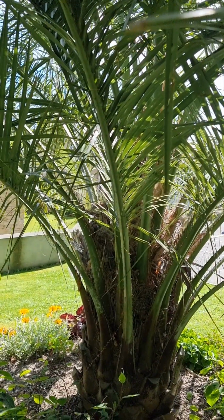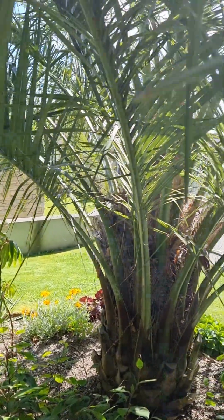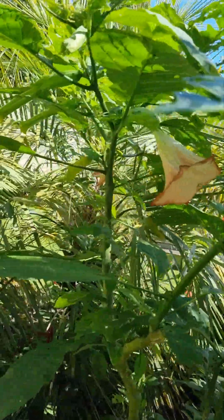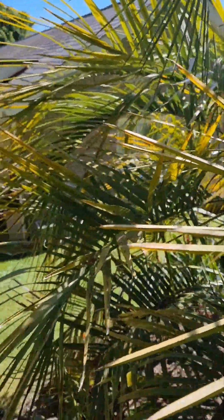All the Butias this year have gone mad and tried to flower themselves silly, so I've spent a lot of time cutting flower spikes off both of these. One was a male, one was a female, to let them put their energy into recovering, particularly the smaller one, which is looking a little sickly after its move. Hopefully a mild winter is on its way. There are some nice healthy looking new leaves coming there. Anyway, if I swing around now to the,